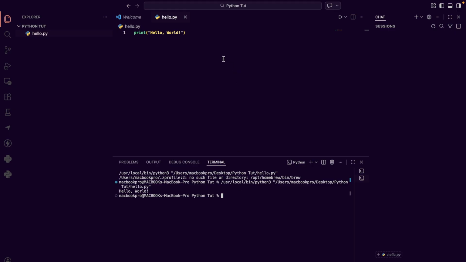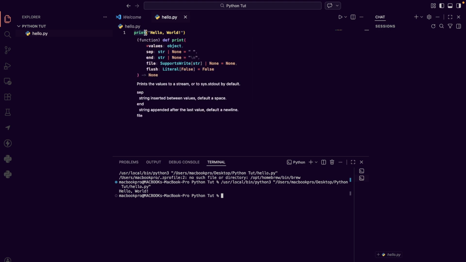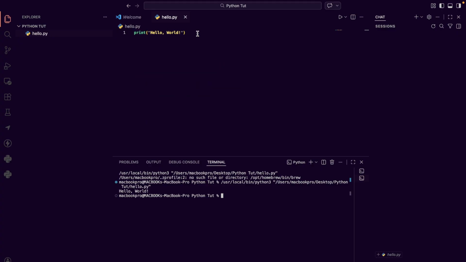Okay, so that is hello world, our first line of code. As I was saying earlier, this print here is a function. The function name is called print. It's an inbuilt Python command. So it's like shouting out, giving out, saying something loud. It tells the computer to display something on the screen, to display something to the user. That is what print is used for.